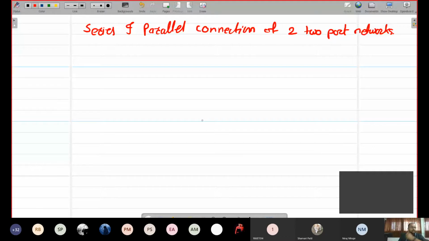So let us first discuss what is series and what is parallel. You know that very well, but still we need to discuss it. Let us consider two resistors, and we are going to go for series connection. Let us say this is the first terminal of the first resistor. Let us mark this as R1 resistor and this is R2 resistor. And this is the second terminal. A fixed resistor has only two terminals.